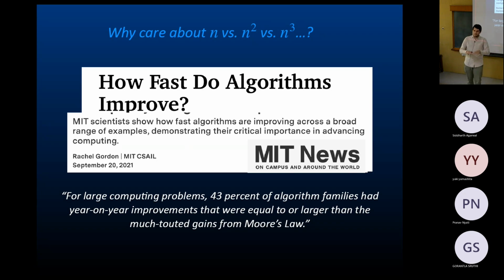So they basically looked at families of problems, a lot of problems, over the years. Some of these problems were exponential, then polynomial, then maybe n cubed, then n squared, and so on. They look at how much these have been improving, putting in some reasonable constants. And they show that for many problems, the improvements from better algorithms are more dramatic than, or comparable to, those you get from Moore's law, which is about the hardware improving over time. And this holds even when the data is not huge, even for data that's a few thousand or tens of thousands.